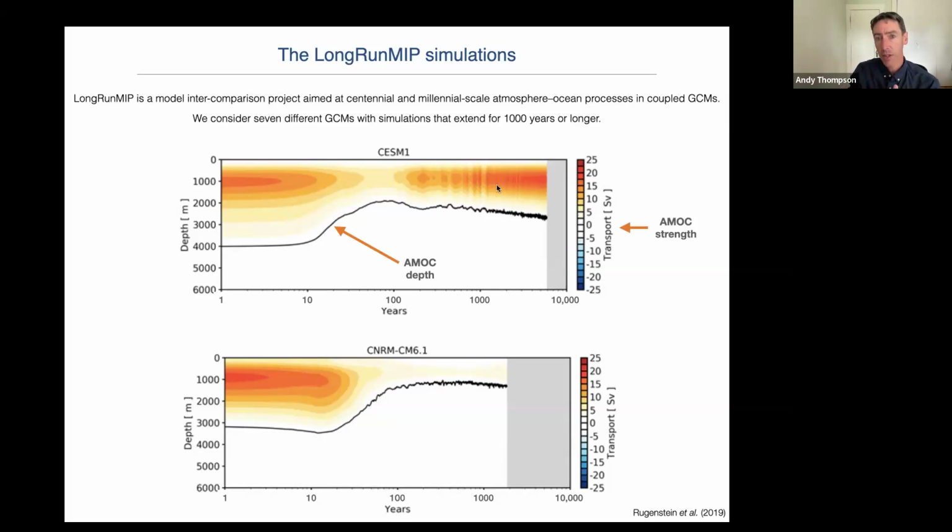And then again, where there's real variability in these models is during this recovery stage. In some models, the AMOC strengthens, and in fact, it's even stronger than its initial state. And in some cases, the recovery is rather weak, at least over the timescale of which the models have been run.